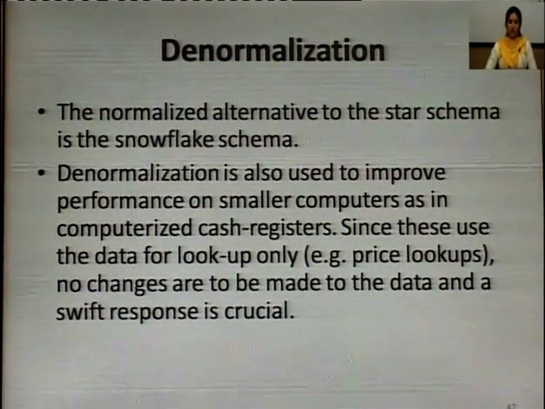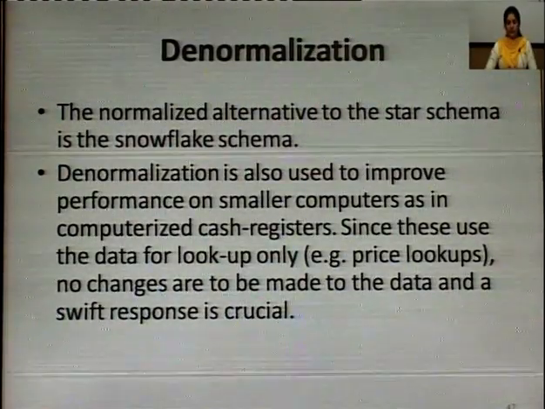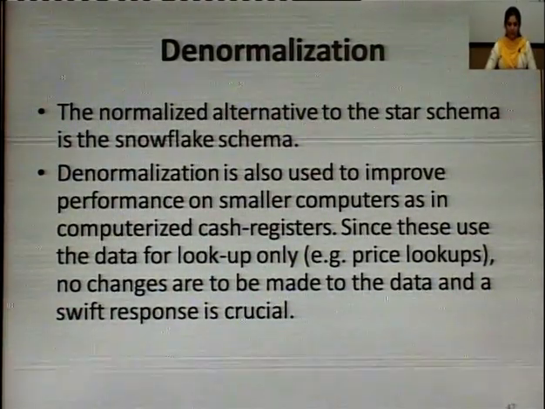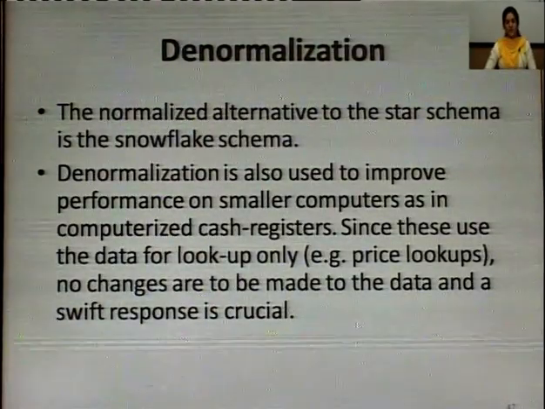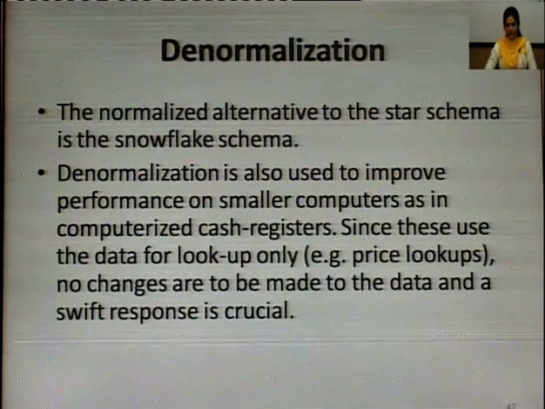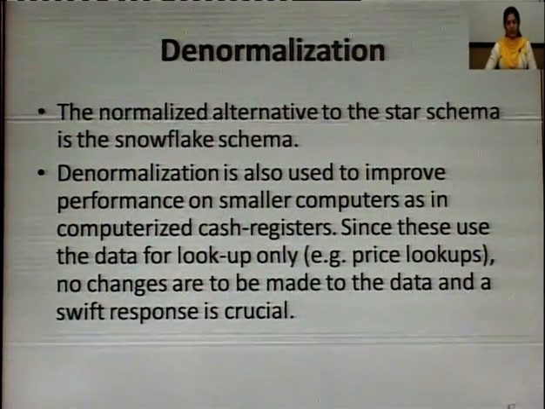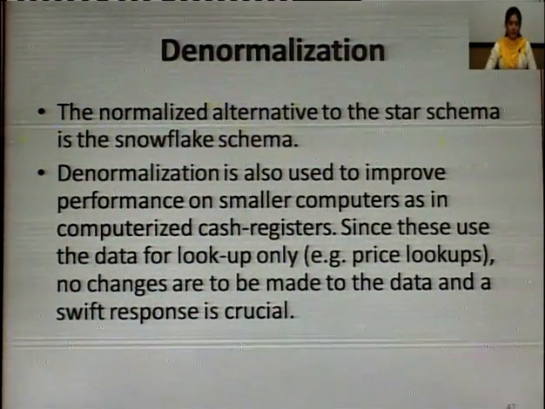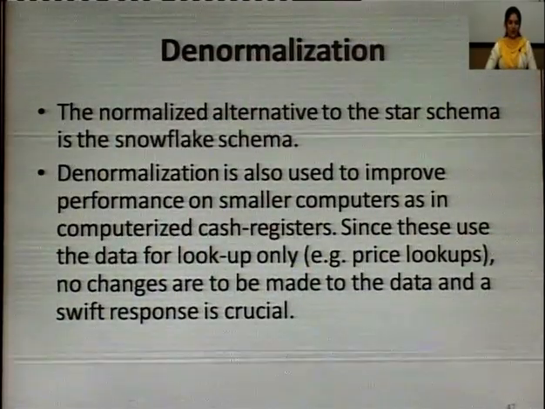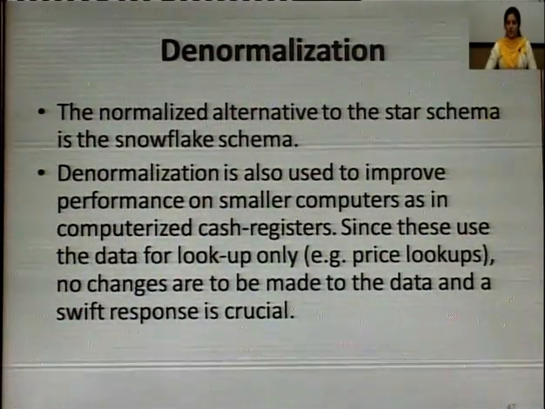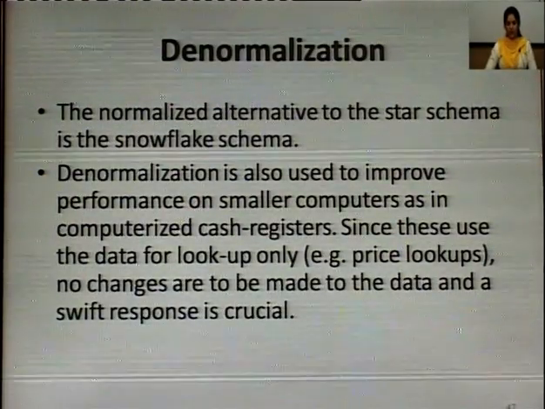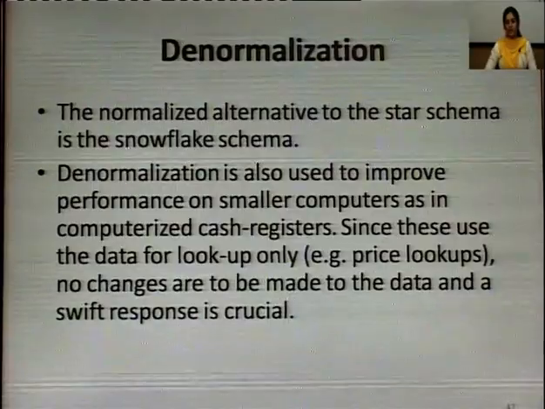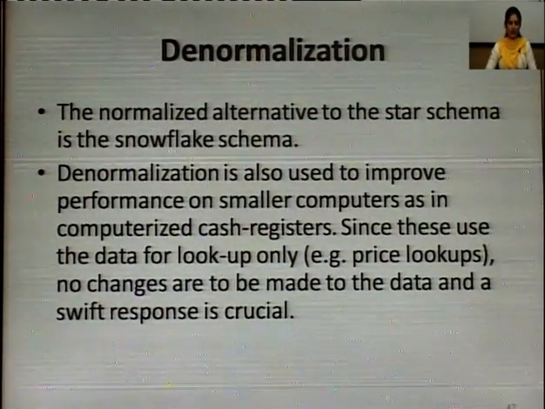Denormalization is also used to improve the performance on smaller computers, as in computerized cash registers, since these use the data for lookup only, which is price lookups. For example, if you have to check the prices of all the equipment which you are having in a shop, no changes are to be made to the data, and a swift response is crucial. In such situations, you can use denormalization and the redundant data,